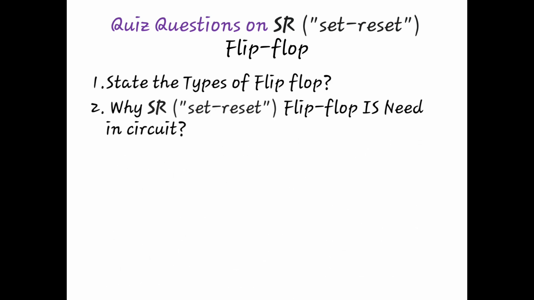And SR flip-flop is needed in circuits in such a way as to make the circuit set and reset. Here 0 0 represents no change, 0 1 represents S is equal to 0, R is equal to 1, which is reset, 1 0 represents S is equal to 1, R is equal to 0, which is set, and 1 1 represents the indeterminate state. These are all the main classifications of SR